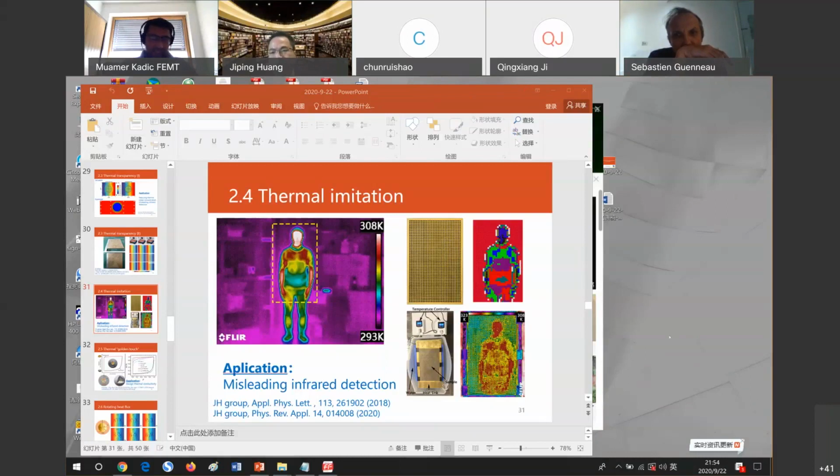Okay. Thanks, Professor Huang. Can you hear me now? Yes. It's the same question as Mame Kadeka said on page 31. In the simulation, the emissive power detected by the thermal camera depends on both the surface emissivity and the surface temperature. Here, you are changing the surface temperature, not the surface emissivity. Is that right?